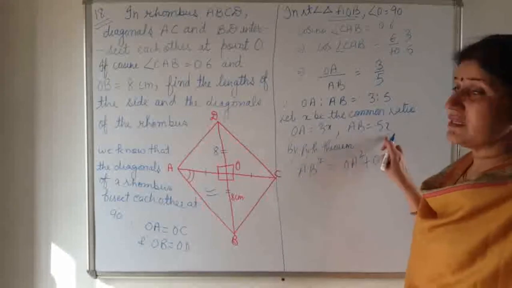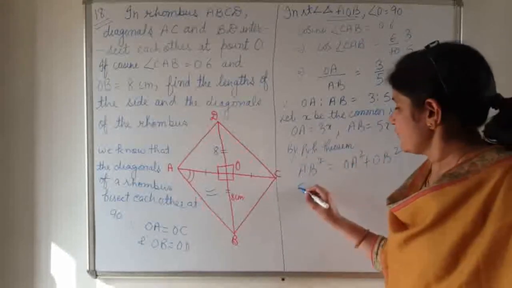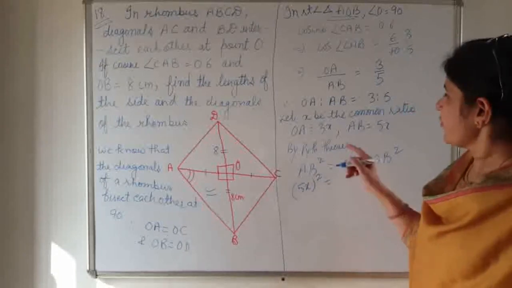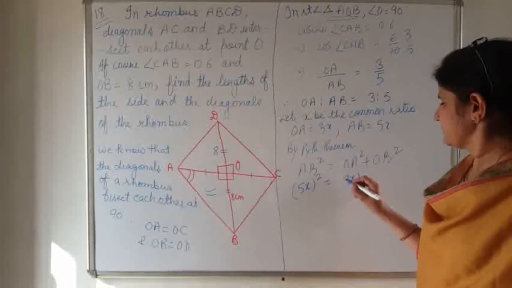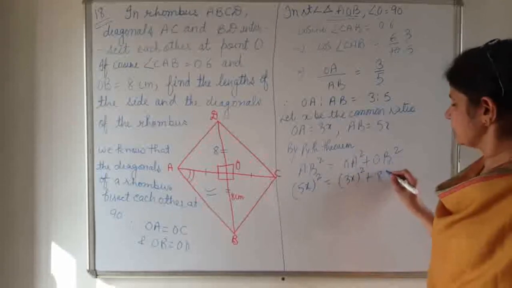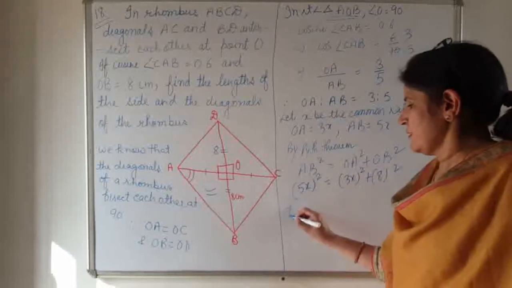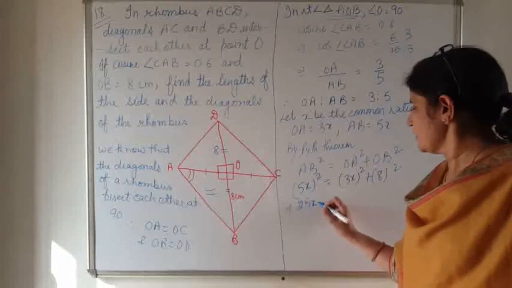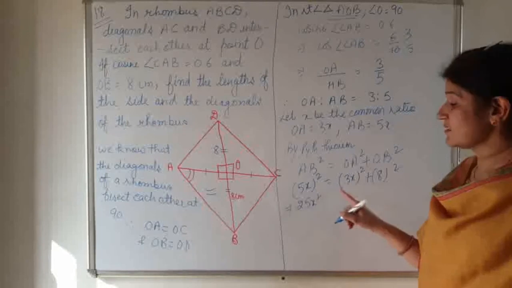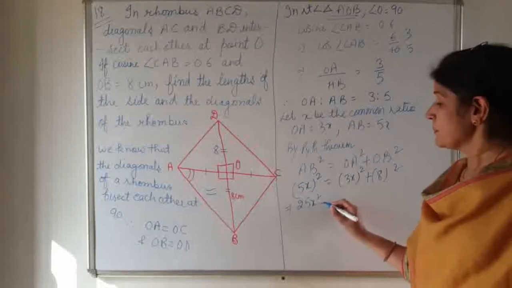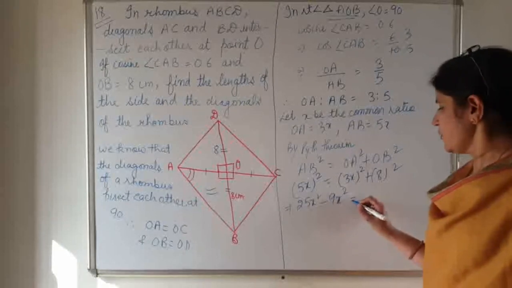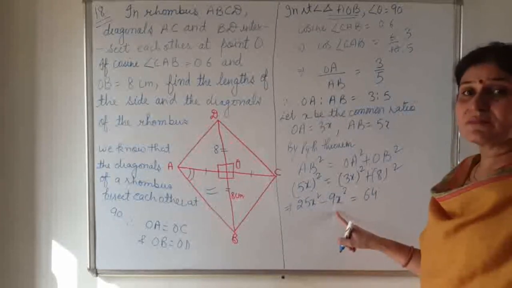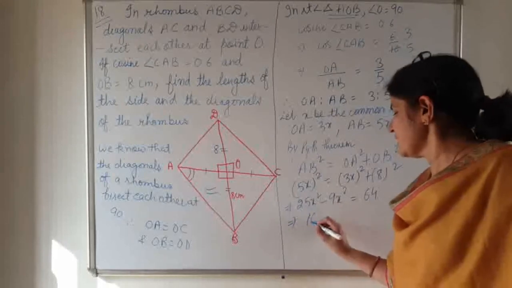Now AB means 5x. So 5x square equals, what is OA? OA is 3x. OB is 8. Square of 5 is 25. So 25x square. Here square of 3 is 9. This is coming here in minus. Minus 9x square equals 64. 25 minus 9. What will come? 16. So 16x square